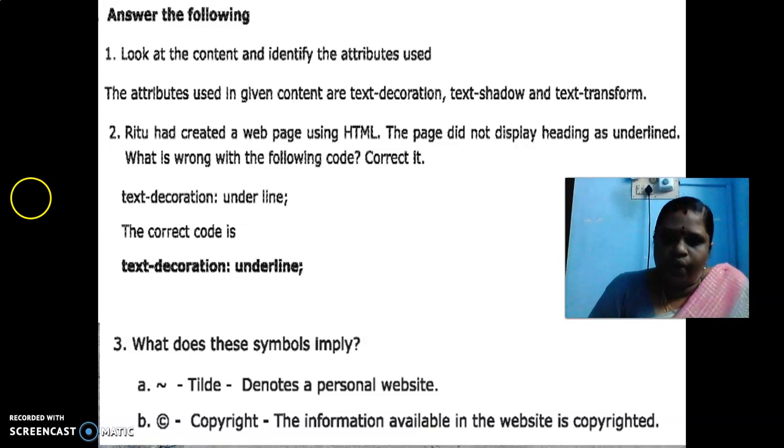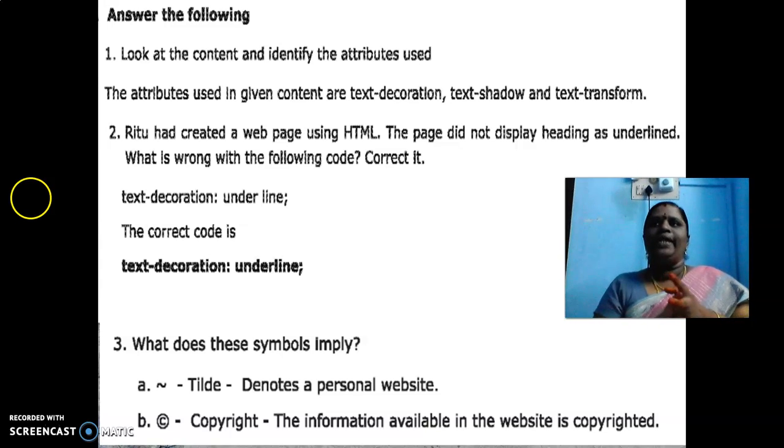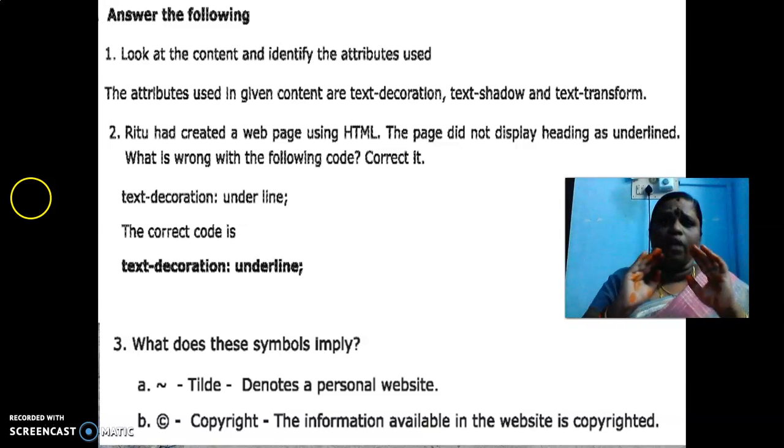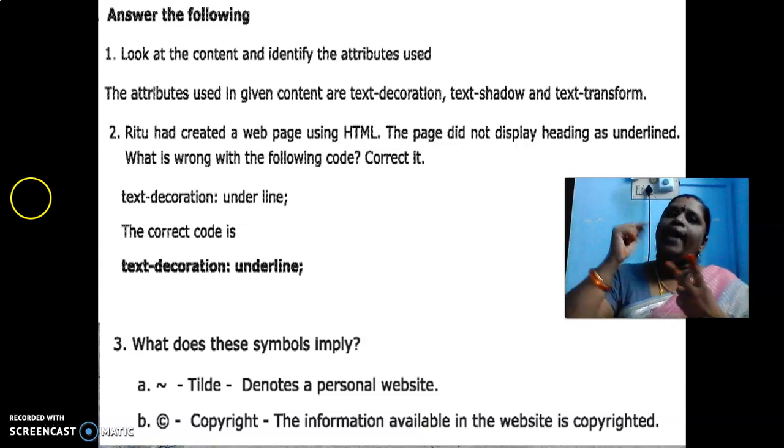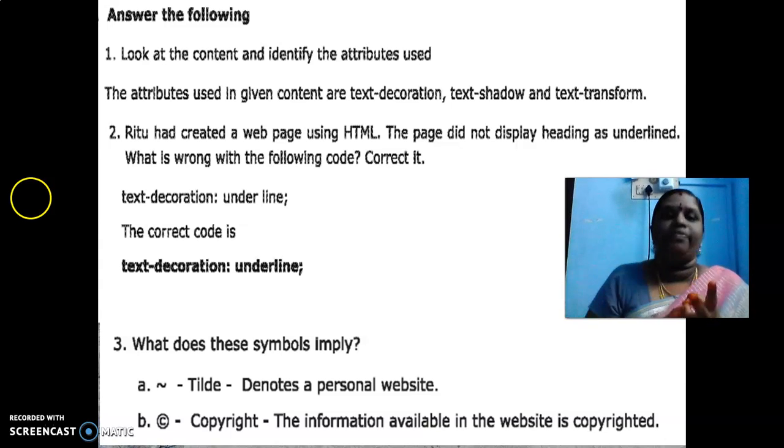Answer the following. You want to write it in the classwork. Book exercises. All the exercises you want to complete. Scan it in Adobe Scan itself, along with the activities. Listen carefully. All the activities along with the book back exercises and also the classwork note. These everything you want to make as a single PDF called chapter 4. Attributes and background. Make it and you want to upload it in your classroom.